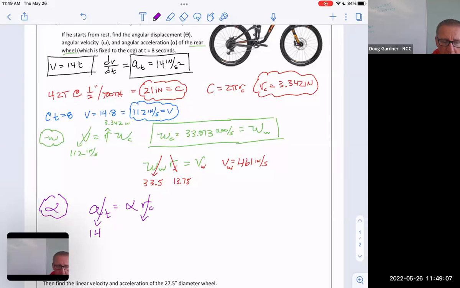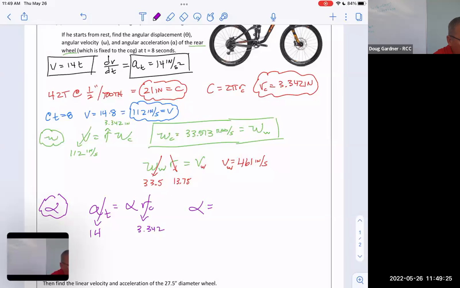But remember, all of that 14 was from the chain, and the chain is hooked to the cog, not the wheel. So I can't plug the wheel's radius in here because the chain is hooked to the cog. So if I put that 3.342 in there,